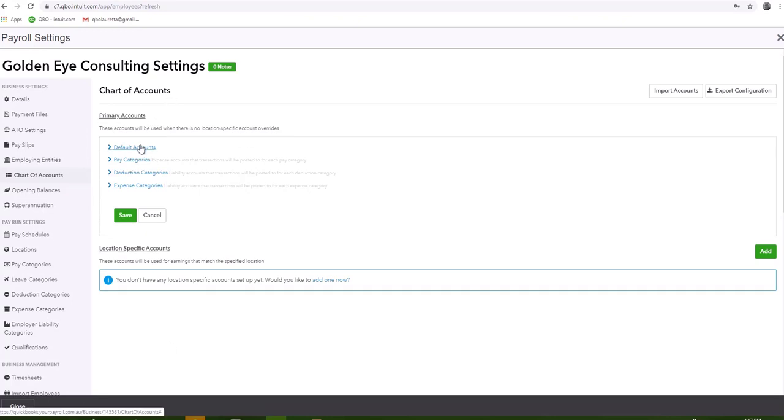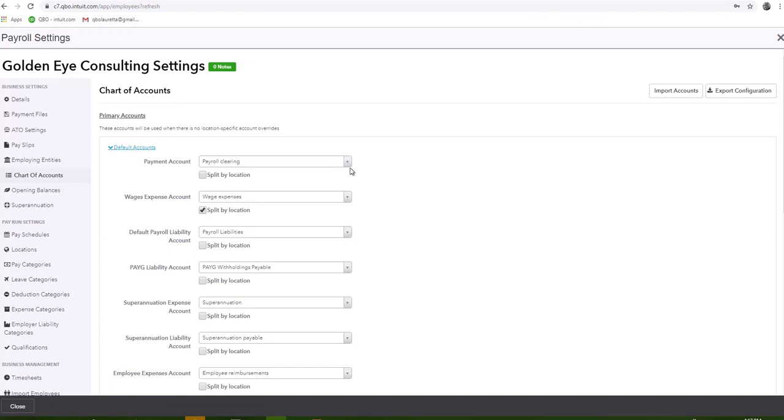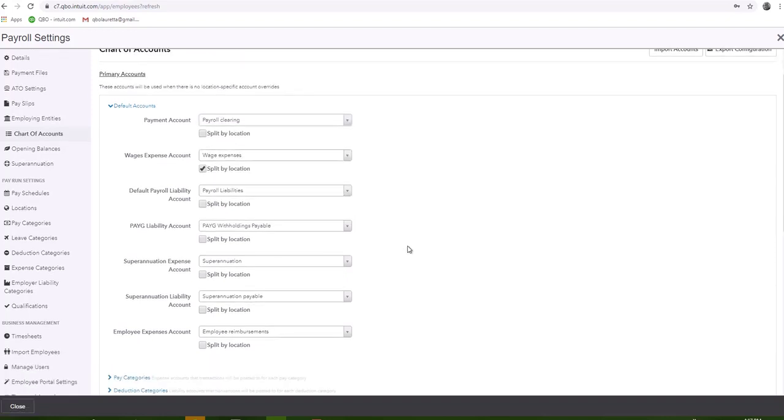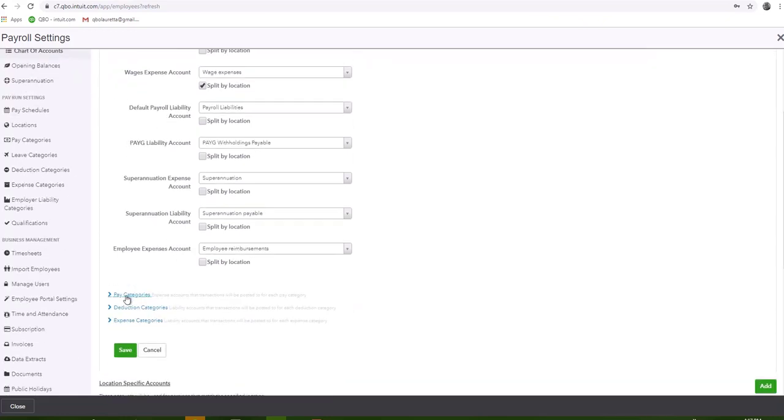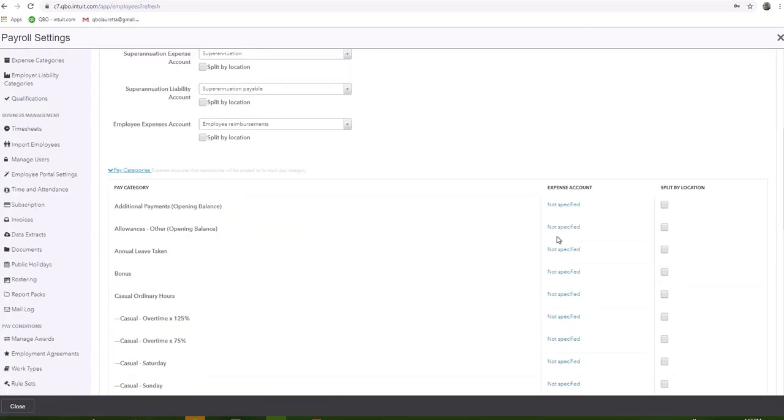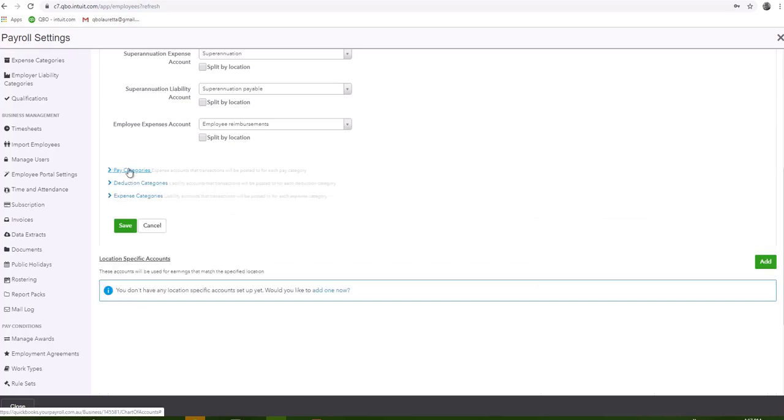So under our chart of accounts, we do have default accounts, and as you can see, the payment account for your payroll will be coming out of your payroll clearing account. You can change that if you need to, as well as any other default accounts that you see there. So if you do want to have an individualized default of any of your accounts for QuickBooks Payroll, this is where you change that, as well as the pay categories. If you want to associate a different expense account to pay categories, deduction categories, this is where you could go in,